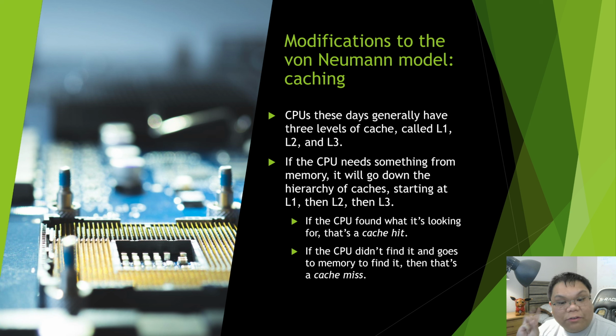CPUs these days generally have 3 levels of cache, appropriately called level 1, 2, and 3. If it's not in the level 1 cache, then hopefully it's in the level 2 cache. If it's not in the level 2 cache, then hopefully it's in the level 3 cache. Obviously, it's slower and slower each time, but the hope is that it's in one of these caches, because if it's not in any of those 3 levels, then we've got 3 cache misses in a row, and we have to go all the way to main memory and get our data from there. And once again, reading from main memory is slow.